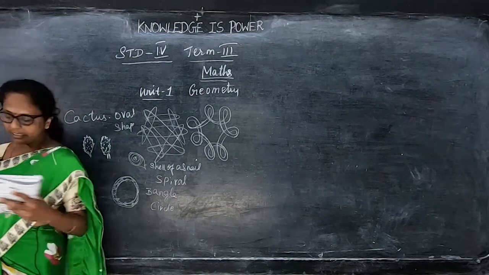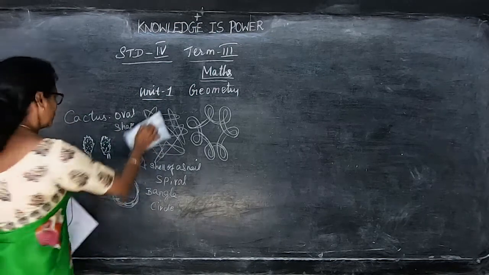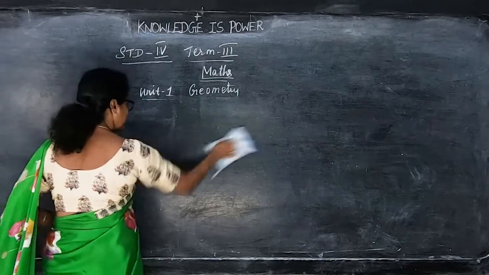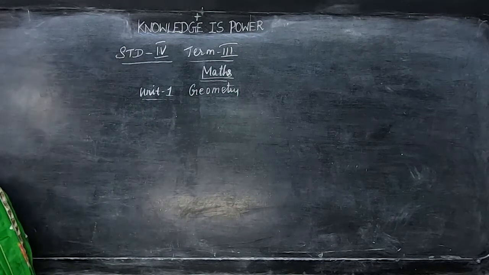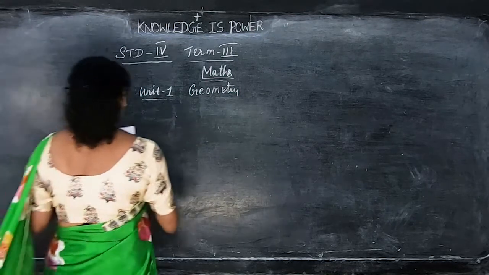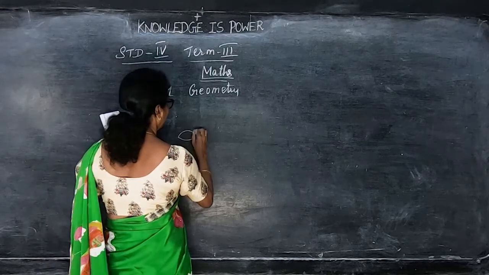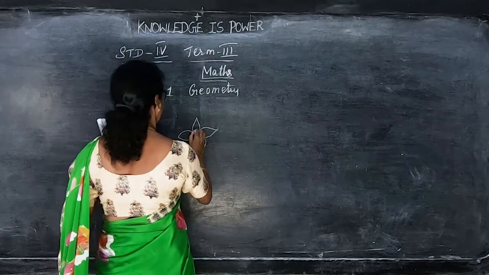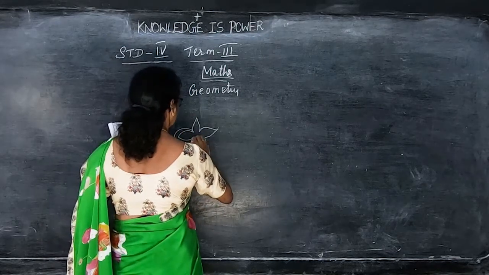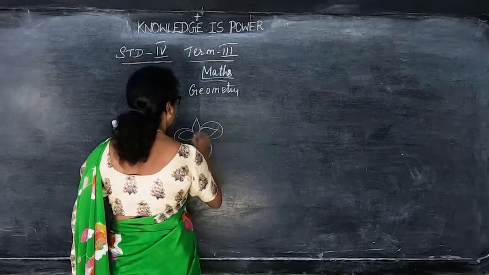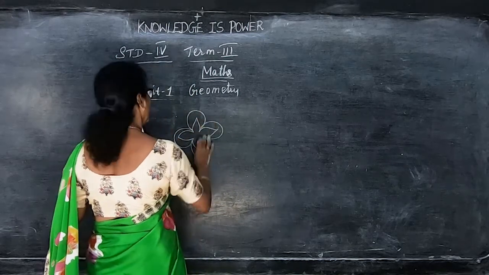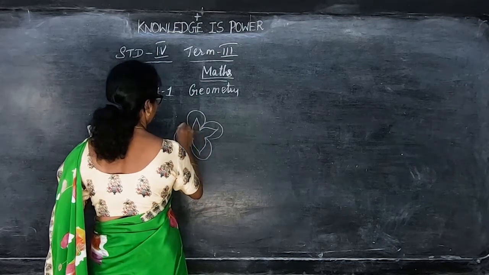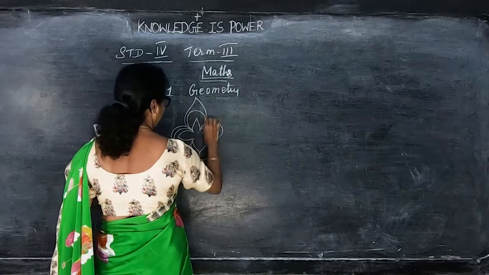So we can see the examples. Sometimes when you are putting rangoli also you can see them. At the entrance of the house, they use rangoli designs. There also you can see the spiral, everything you can draw. So this is your imagination only. You can draw with your imagination. Then you take the circle, 2 circles. Anything you can draw.